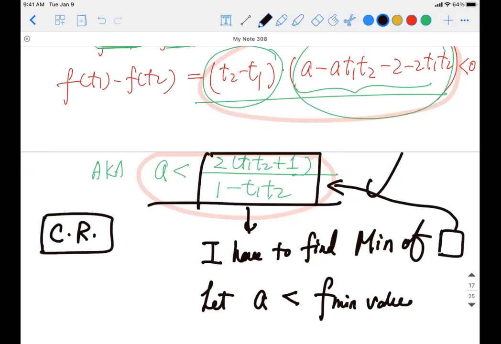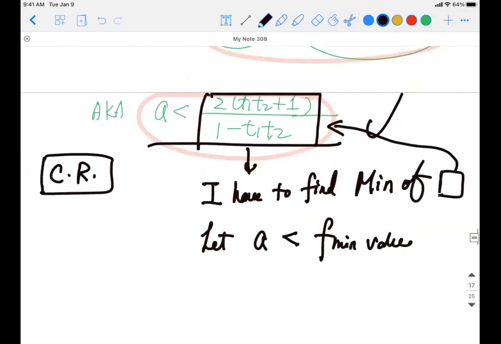Can I ask you a quick feedback? You are asking me to find out what is the range of A. I don't know what my range of A is, but I know you want my A to be smaller than the black box, right? So that being said, if I can find out the minimum value of the black box, let's say 3, and I want my A to always be less than 3, then regardless of whatever value I choose, my A is always less than the black box.